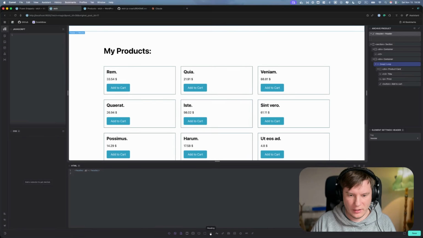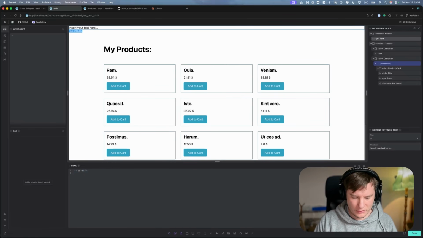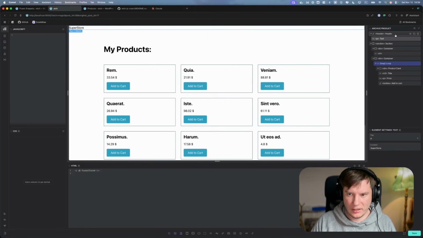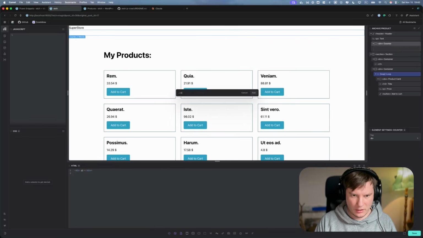Over here we can have the name of our store, superstore, and we would like to also have some sort of counter. So let's name it counter, and inside of this counter we can call it cart, maybe mini cart,